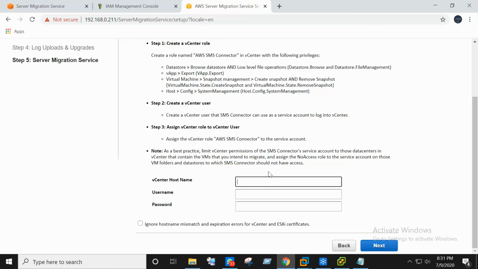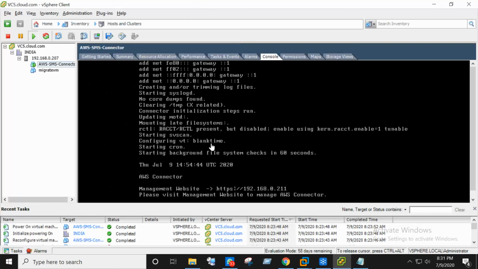And now you want to connect your vCenter lab. What is our vCenter host name? vc5.cloud.com. Right, vc5.cloud.com.